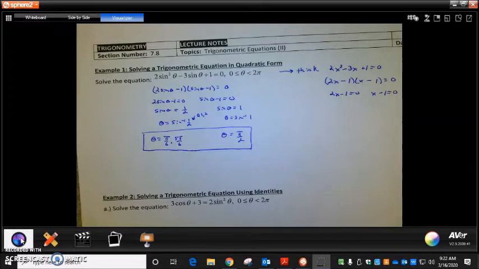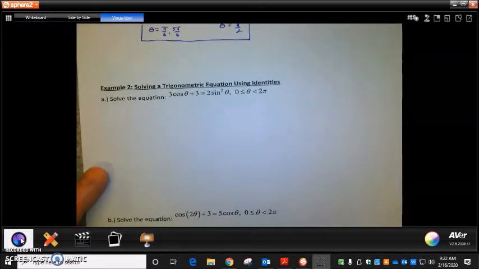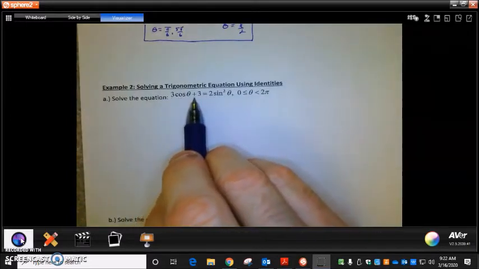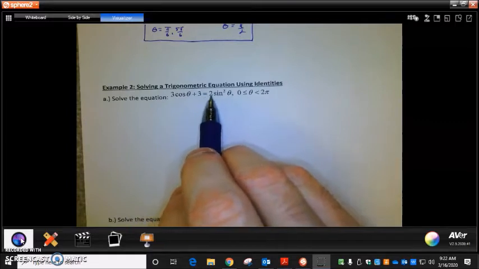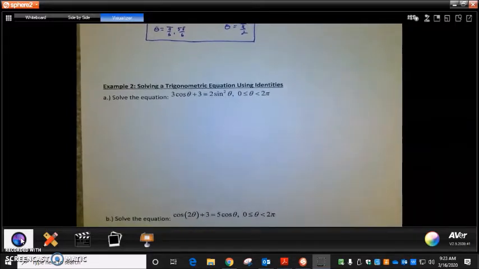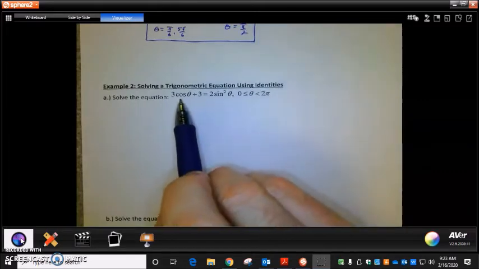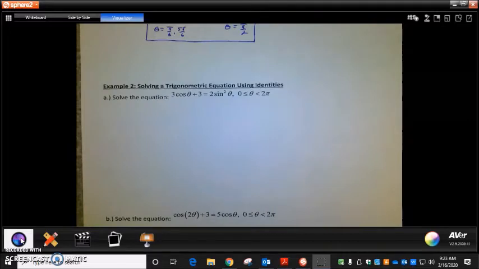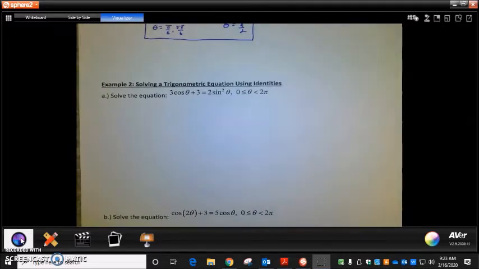All right. Example 2. If you take a look right here, I've got 3 cosine theta plus 3 equals 2 sine squared theta. So there's a problem here. I've got different variables. Imagine this is an x and this is a y. You can't solve an equation that's got two different variables. However, there are some little switches that we can use